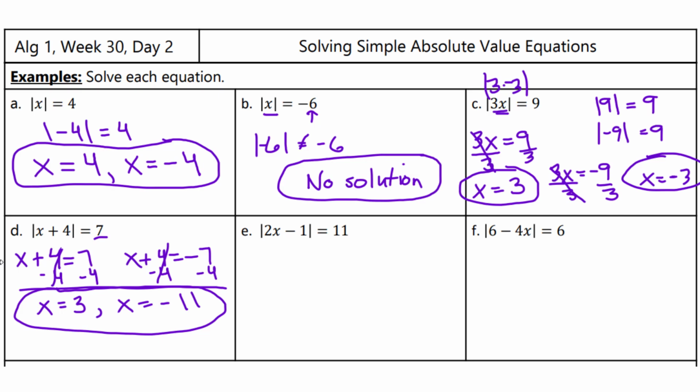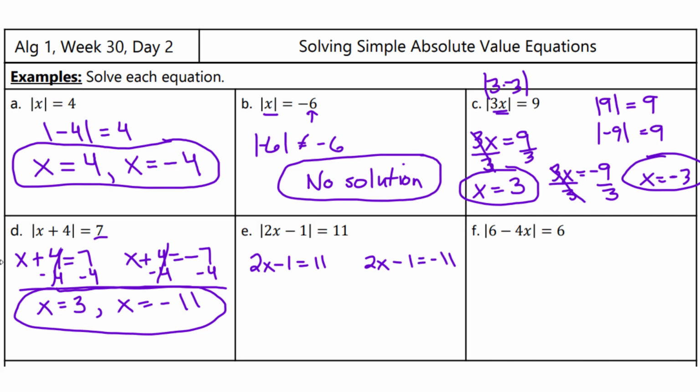In general, if you're just trying to go for what are the steps that I have to do, what do I have to remember? To get rid of absolute value bars so that you can just write 2x minus 1, we need to write two equations. We need to write one with +11. We need to write one with